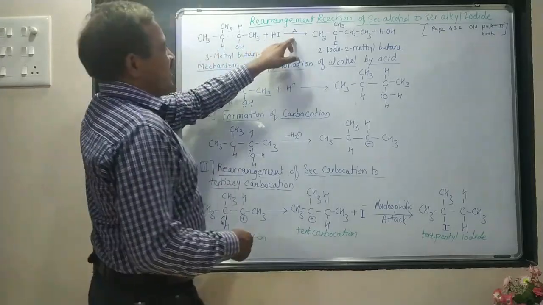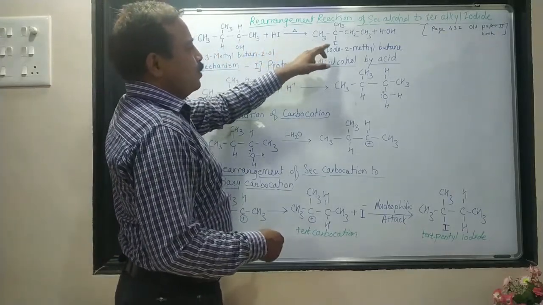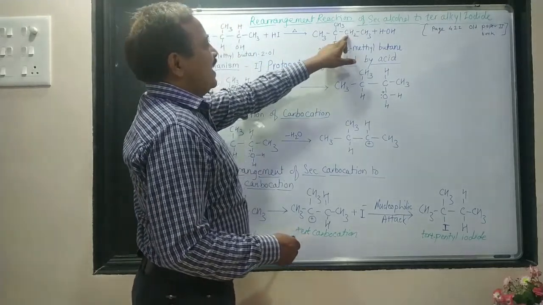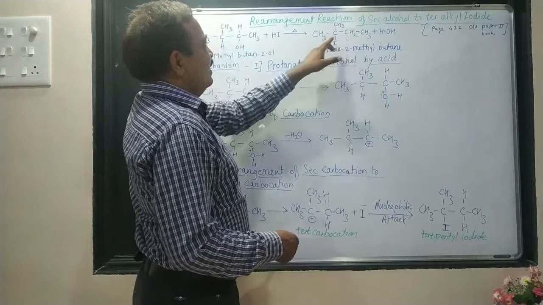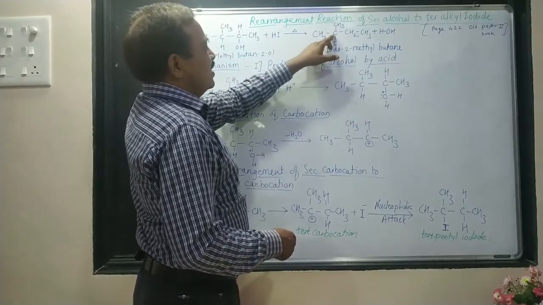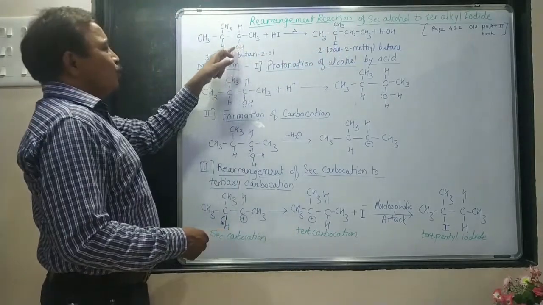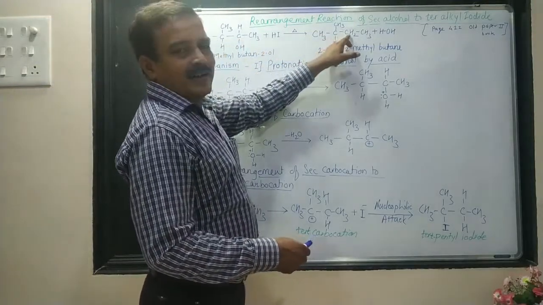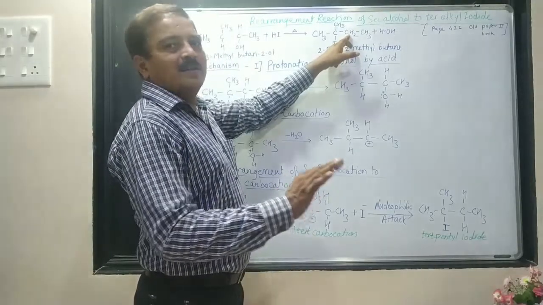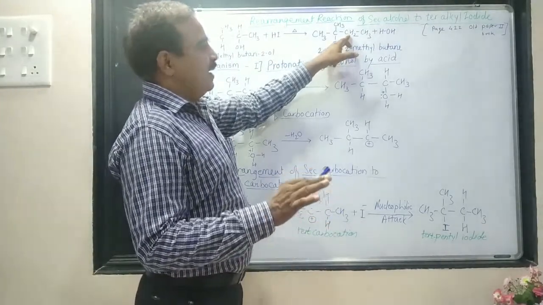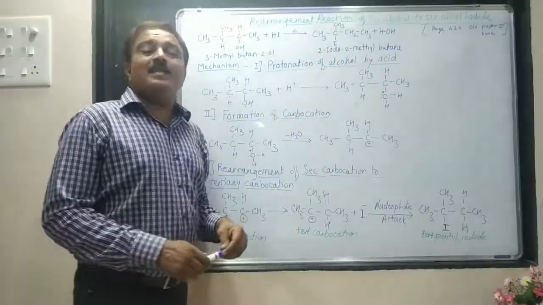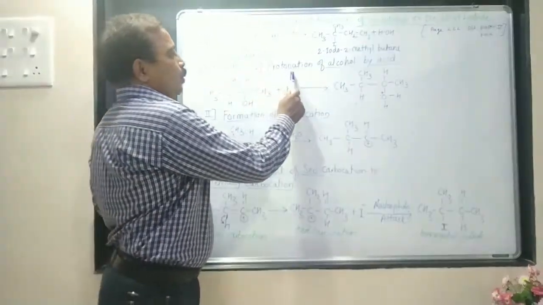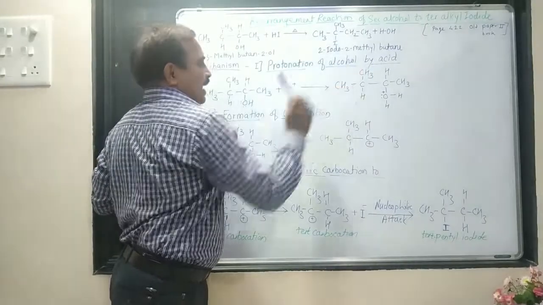When this is heated, actually the compound should form with the iodine attached here, but instead iodine is attached to this tertiary carbon atom. As the OH group is present at a secondary carbon atom, iodine must attack or attach at the secondary carbon also, but that doesn't take place. So we will try to understand this mechanism in detail. The first step is the protonation of the alcohol by acid.